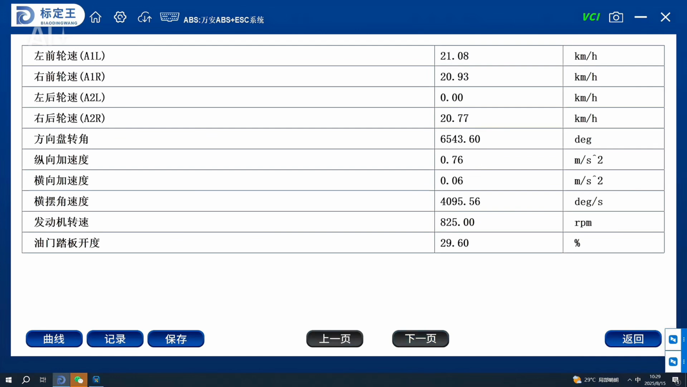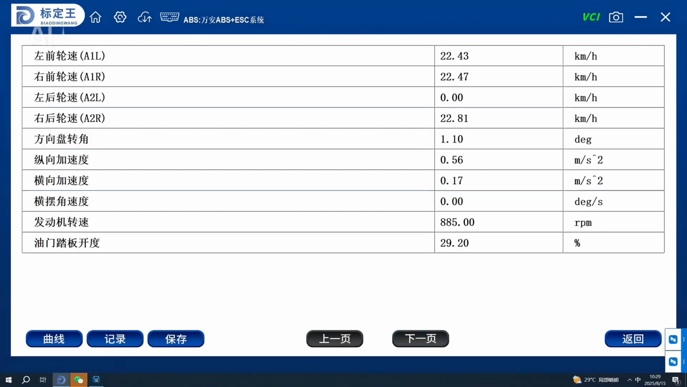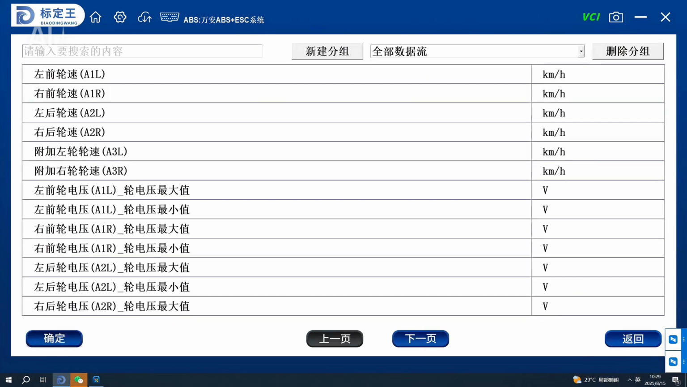Its longitudinal and transverse skew angle speed is also detected when the steering wheel of the vehicle is turned back to normal. We can see that the longitudinal acceleration, the lateral acceleration, and the yaw angular velocity will all become an absolute value close to 0. In this case, the vehicle is in a straight state after the steering wheel is straightened. Through the data stream, we can determine whether the ESC function in the ABS carried by the vehicle is in a normal state,